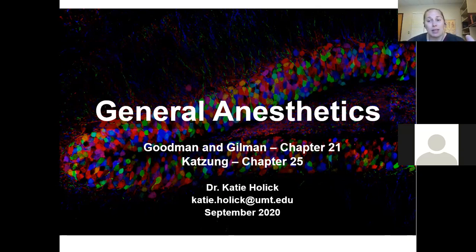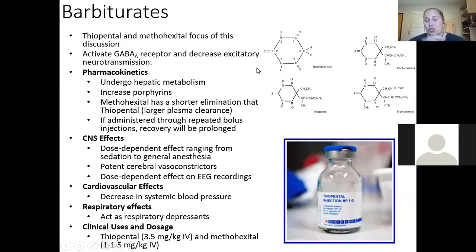So I'm pulling my lectures directly from Goodman and Gilman and Katzung. That's where a majority of my figures are coming from. So if at any point during the lecture you feel like you need further explanation, please do go to the textbook, because I feel like they're great resources and can essentially clarify whatever I'm going through